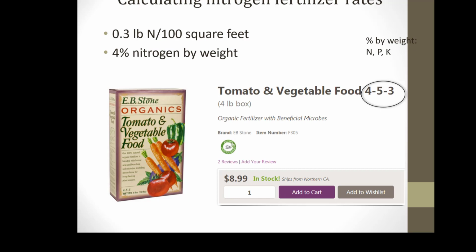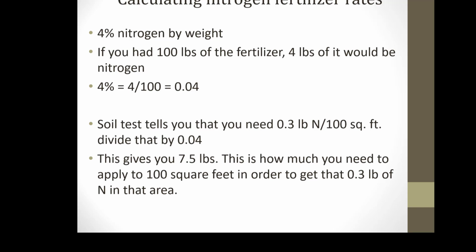So here we have fertilizer. This is 4-5-3, 4% nitrogen by weight. And say you need 0.3 pounds of nitrogen per 100 square feet. So 4% by weight.